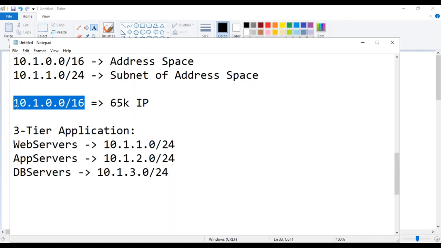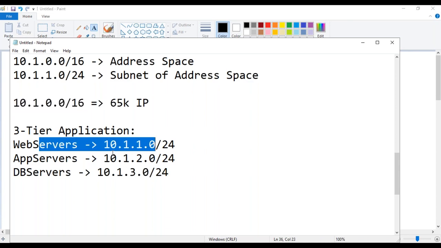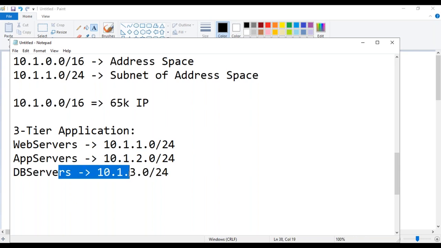Imagine there are three brothers in a combined family. Will all the families sleep in the same room, or will each one have their own bedroom? Because they are married people, they require privacy, so they have their own rooms. Similarly, imagine this is brother 1, this is brother 2, this is brother 3. Each one has their privacy, so we need to divide this main network into sub networks. You should not put everything in the main network, because then everything gets access, quarrels will happen unnecessarily, and if one machine gets compromised, everything will be compromised.